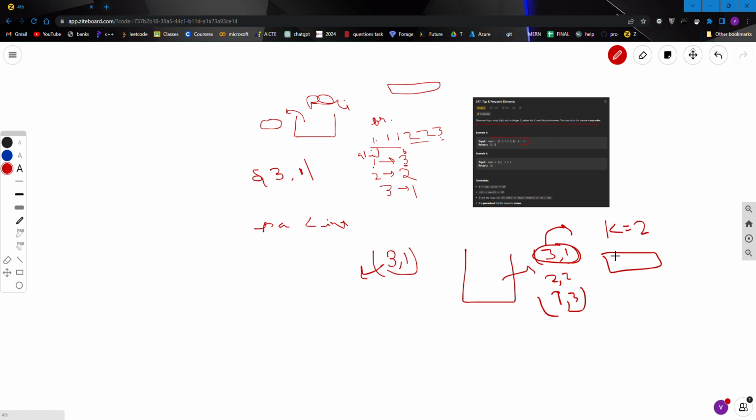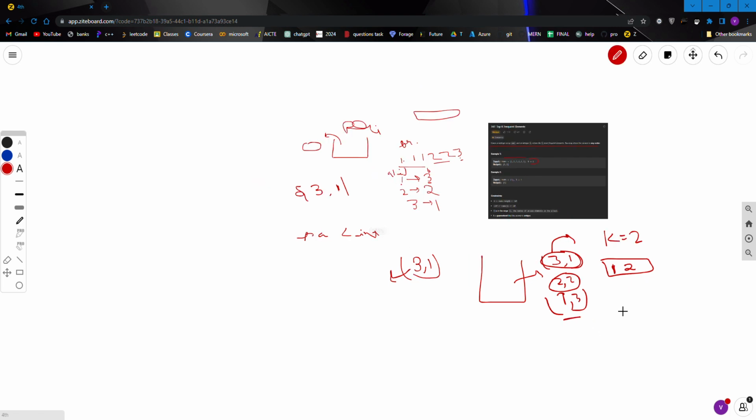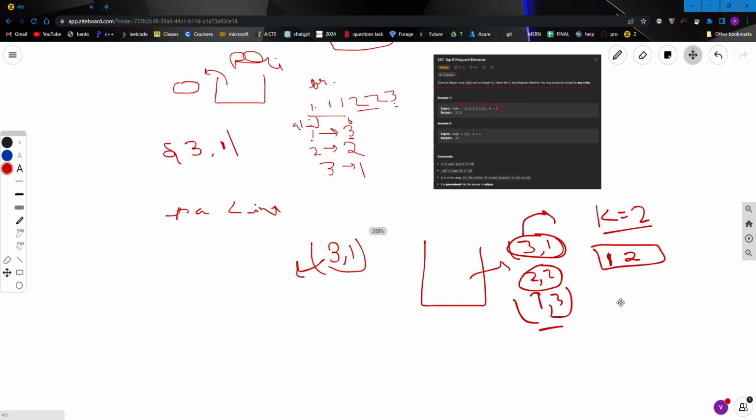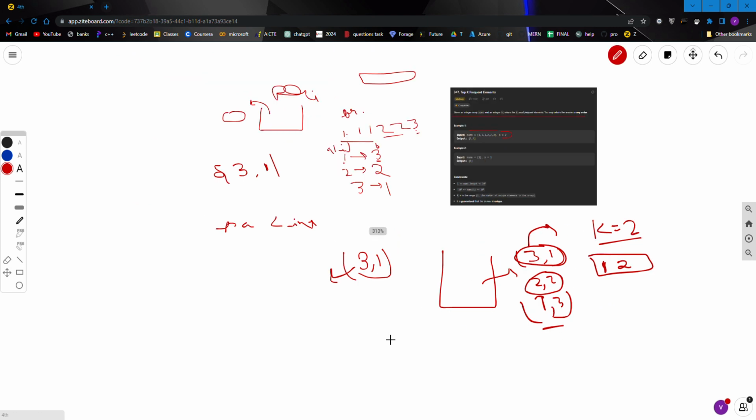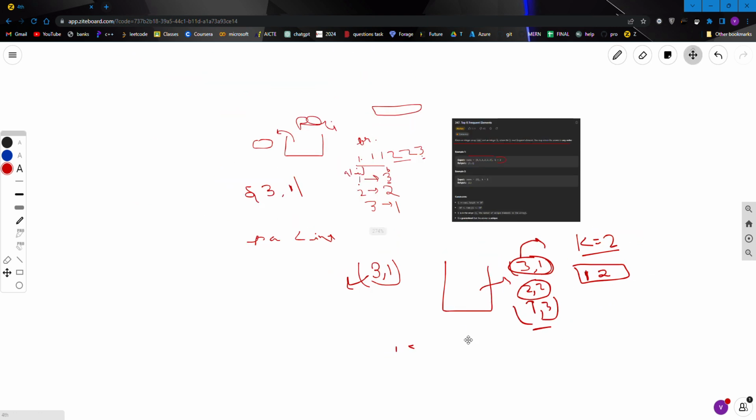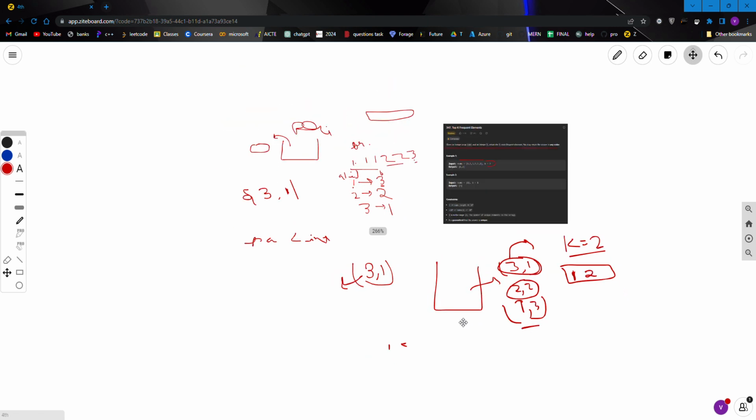The most frequent element has frequency 3, so I push 1 into my answer. Next, while the queue is not empty, I push 2 also. After that I see that k is 2, so I stop here, because I know the most frequent elements for this question are those k, and I am not going to include the rest. So this is the thought process I am going to follow in this question.